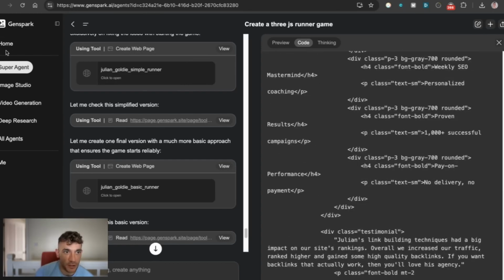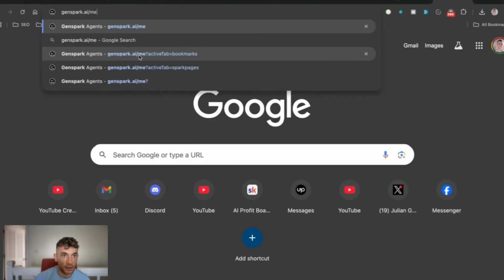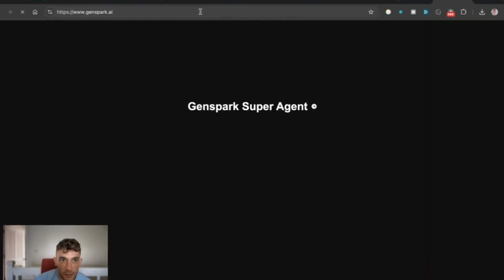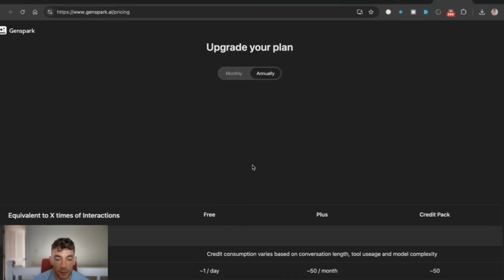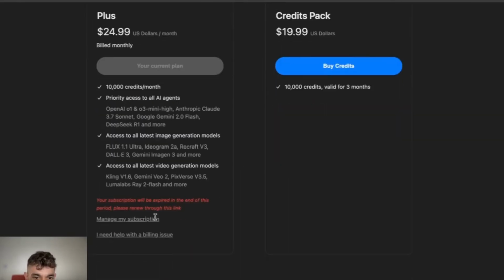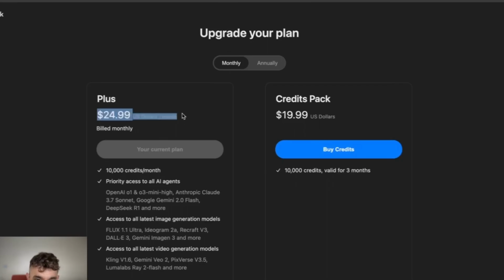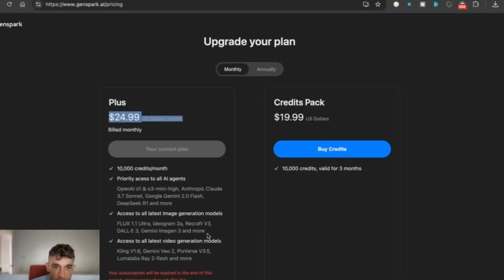Let's have a look on the homepage here. So if we go to Genspark AI, I think it will have pricing on the website. Let me find the pricing for you. All right, so here's the plans. If you do monthly, it's $25 per month. If you want to buy more credits, it's $19. I've absolutely rinsed this. So I signed up for the $25 package, and I think we've used about maybe 7,000